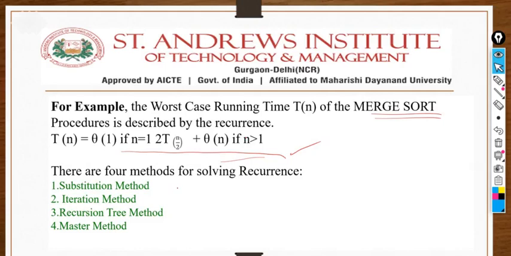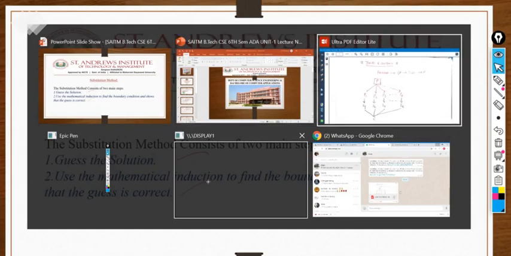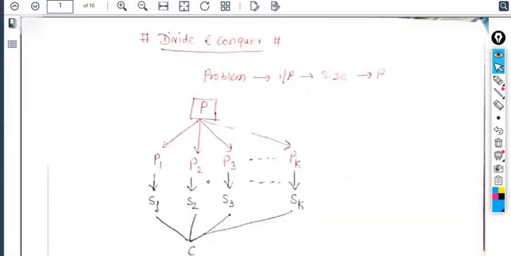So these are some methods to solve the recurrence relation itself. It's important to solve the recurrence relation. We can solve the recurrence relation by using these methods that we will discuss one by one. The first one is the substitution method, where we can solve by guessing the solutions or by mathematical induction. So let's start with some problem, and then we will discuss these things one by one.